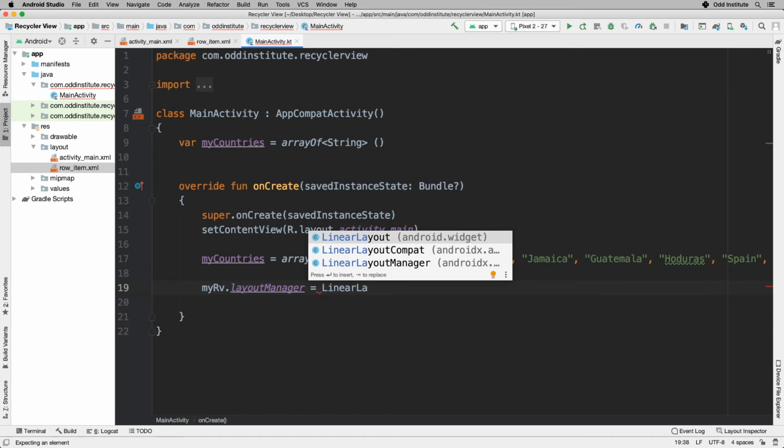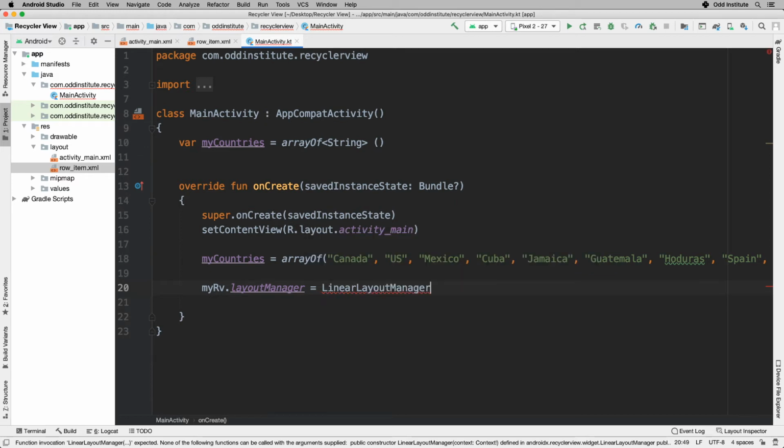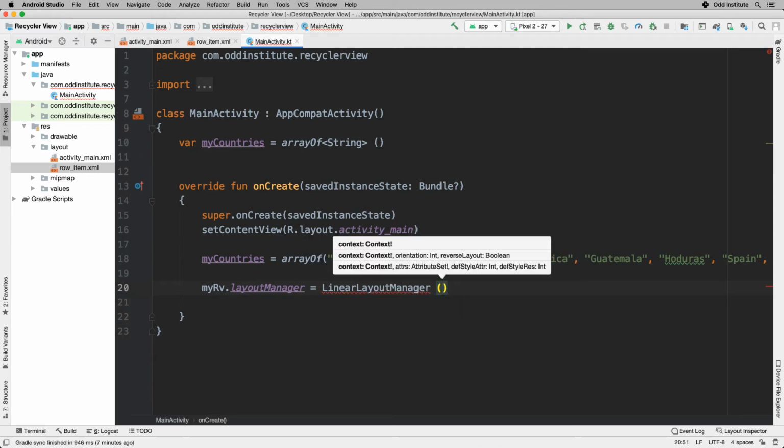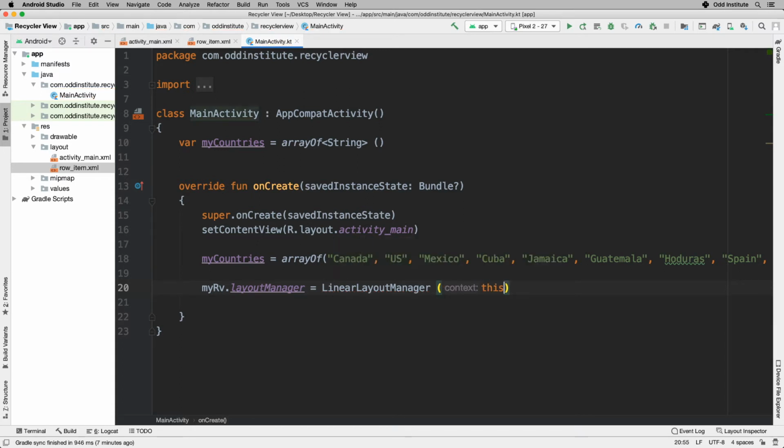layout manager. So there are two types of layout managers. One of them is linear, which is the one we're going to be using, which basically makes a table. The other one is something called a grid layout manager that you can use to make a grid of objects. That's basically having both rows and columns, something like the one that you see in the photo gallery application, for instance. So a grid of items. In this case, I care about the linear layout manager. And a linear layout manager basically wants to have a context, and I'm going to say the context is here